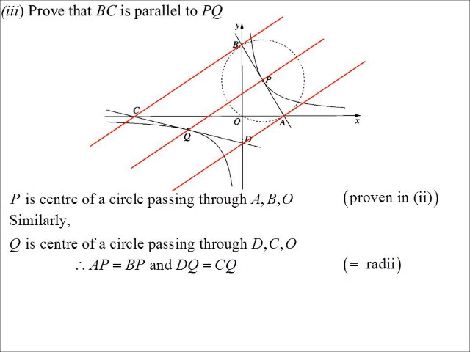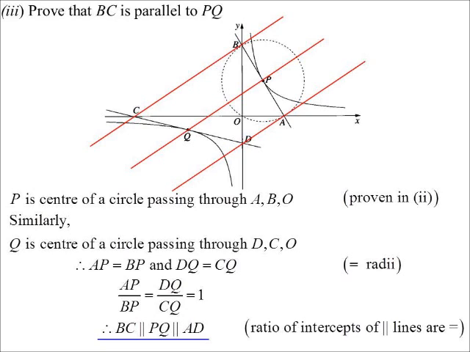Equal radii. So the ratio of AP to BP is the same as the ratio of DQ to CQ, which equals 1. Well, that's our property of transversals on parallel lines. Those transversals cut in the same ratio. So therefore BC is parallel to PQ, is parallel to AD via our ratio of intercepts of parallel